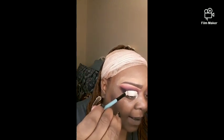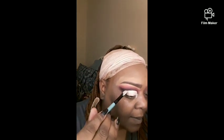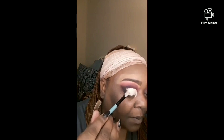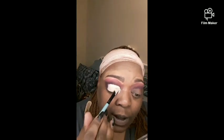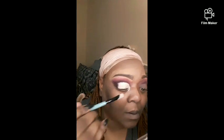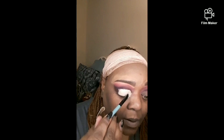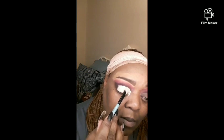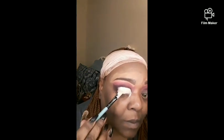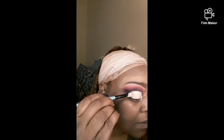You could stop your line how you want it. Like, okay, example. Let me just draw that off. I'm sorry. This is really pasty, y'all. Like, for real, for real. It's a different texture than concealer. Okay, I'm just going to warn you. It is a different texture. So, right here,